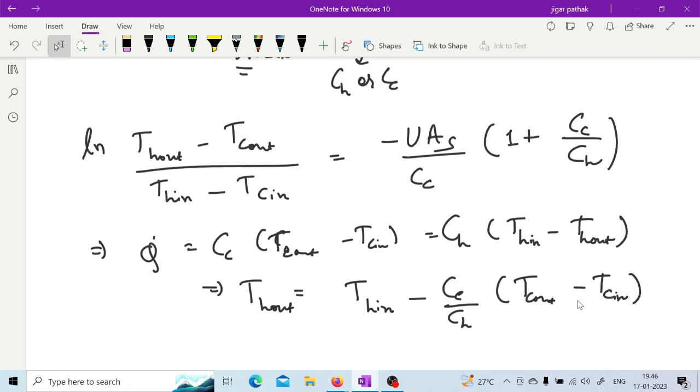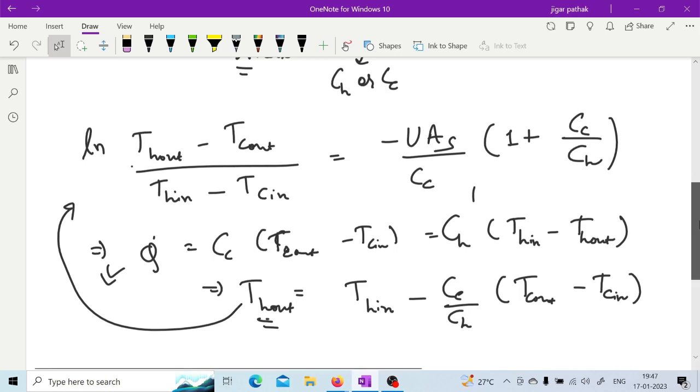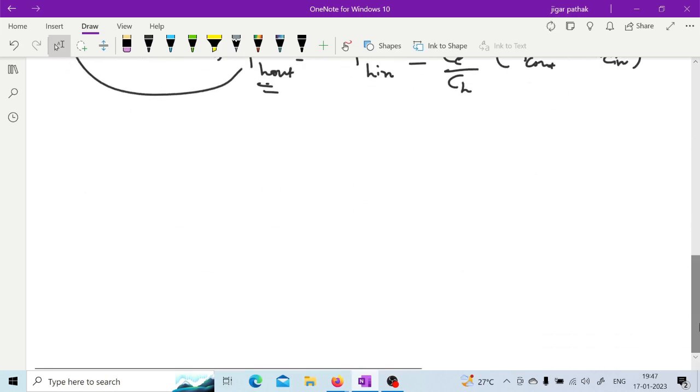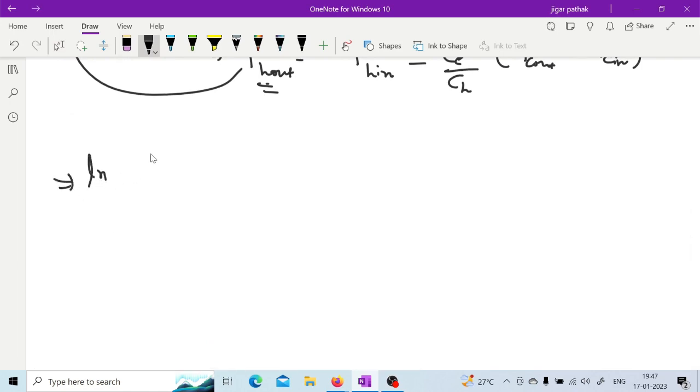Once you have this Th out from this relation, you can put this value into the above equation, and at the same time add and subtract Tc in. So if we put the value of Th out in the above equation and add and subtract Tc in, then what we will have will be something like this: